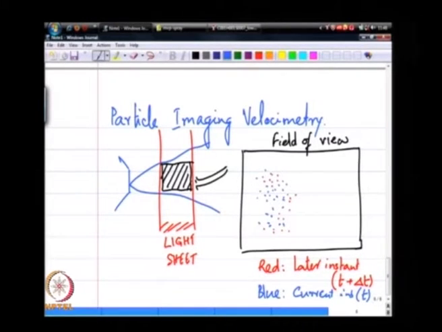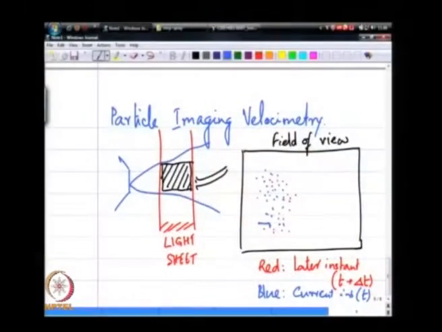So, the blue dots were obtained at a time t and the red dots were obtained at a time t plus delta t. If I look at the relative arrangement of these dots, I am going to draw this kind of a star constellation just to illustrate the point. If I do the same thing with the other one,